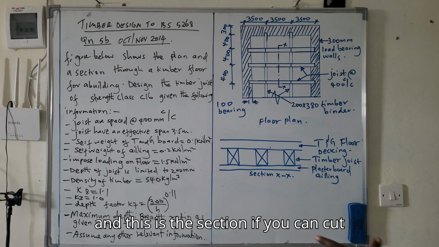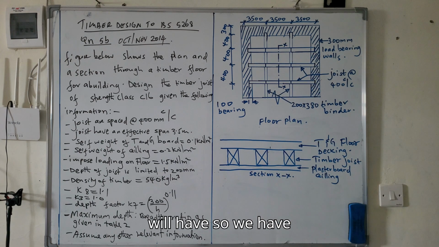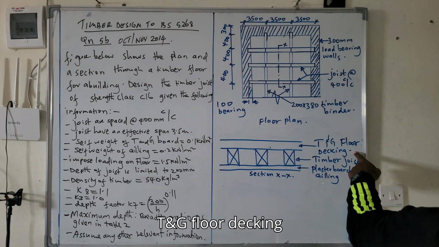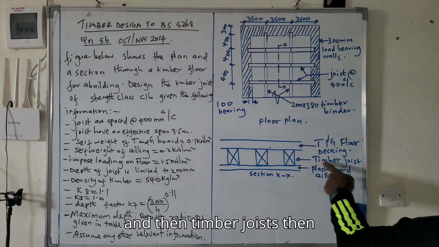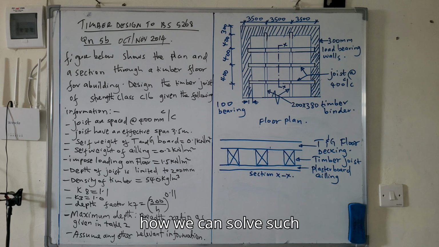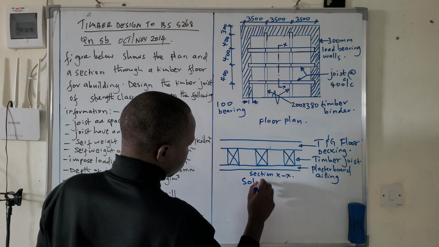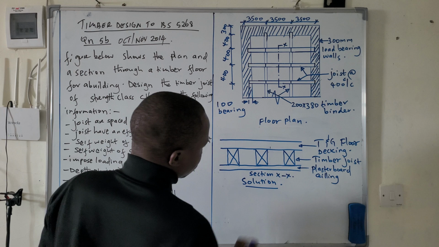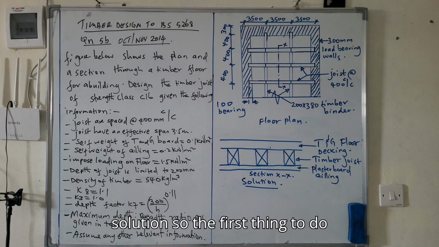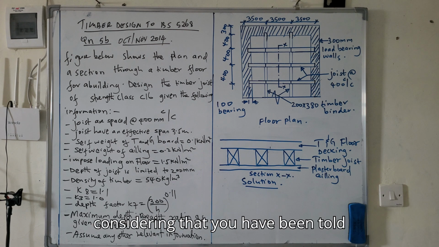And this is the section. If you cut through section XX, this is what you will have. So we have T and G floor decking, and then timber joist, then plaster board ceiling. So let's see how we can solve such a question. Solution. Let's begin. So the first thing to do is to determine the section size of the timber, considering that you have